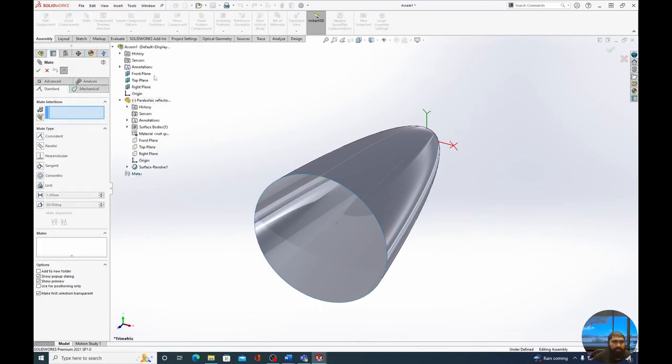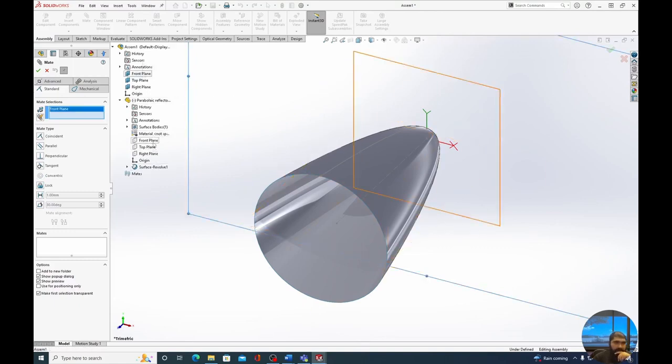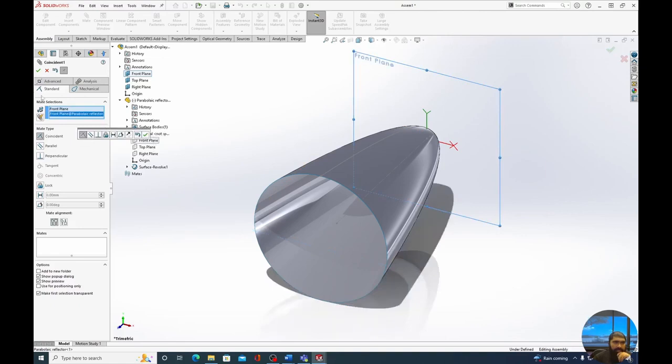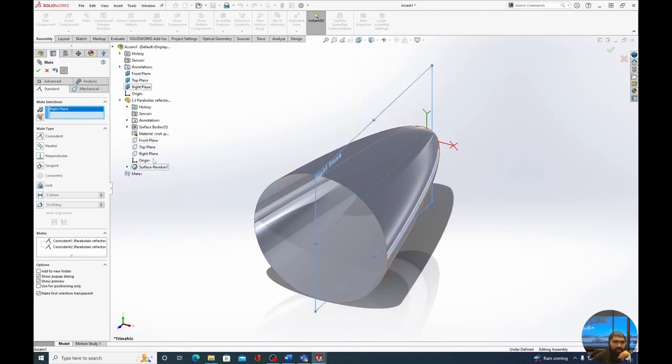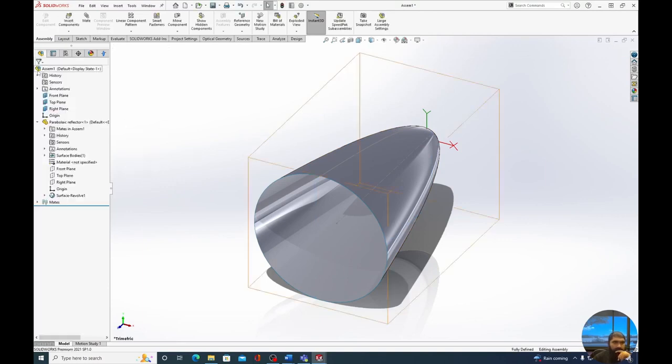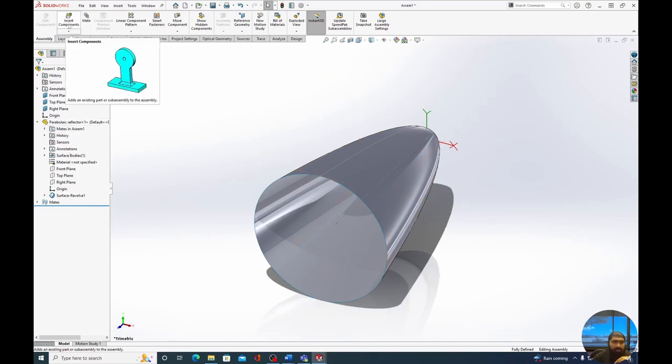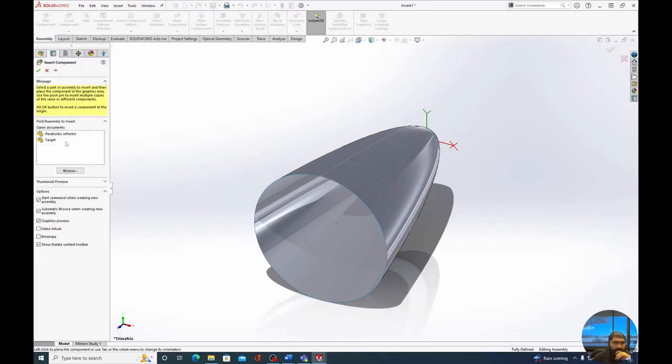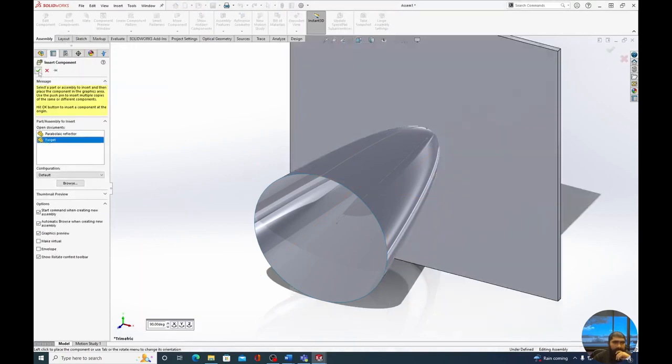So we'll go here to assembly, mate, and so we'll have the front plane incident to the front plane, select, top plane with top plane, select, right plane with right plane, and select. And now it's fully defined system. So we press select, and now it's still. Now we want to introduce the target, so we press insert component. We now select target, enter,